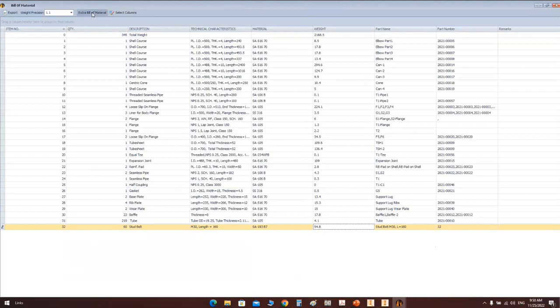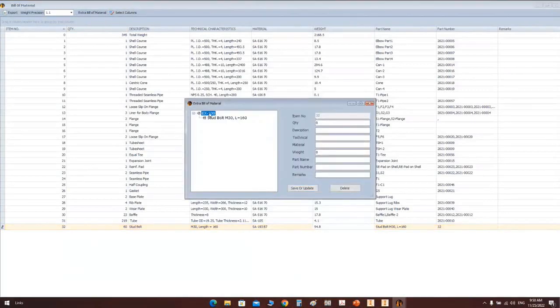If you would like to add another element, which is the nut, you should select the equipment from this one and define the